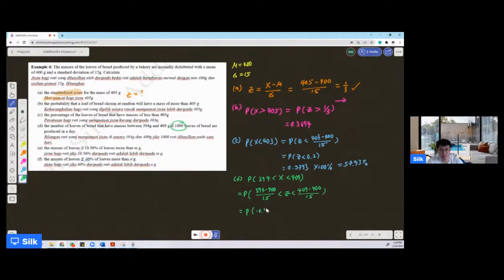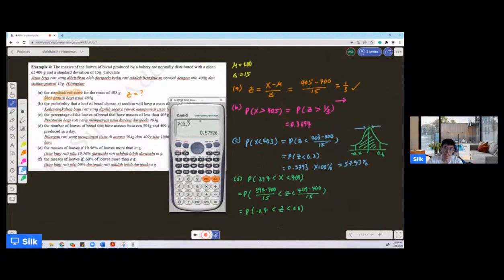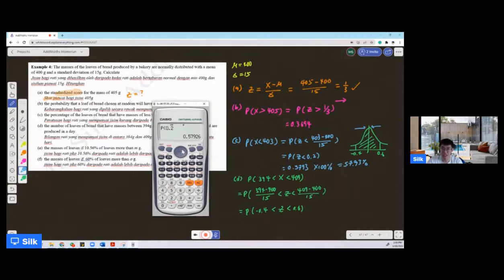Okay, everything I change to Z-score. Negative 0.4 for Z. And what about this? 0.6. So if I draw the graph, the green color graph, where's negative 0.4? Here. And where's 0.6? Here. I want to find the area here. So if I want to find the area here, I use Q, go to the middle. Q, go to the middle. So I press the calculator, if you can see here, I press Shift 1, 5, I press Q,